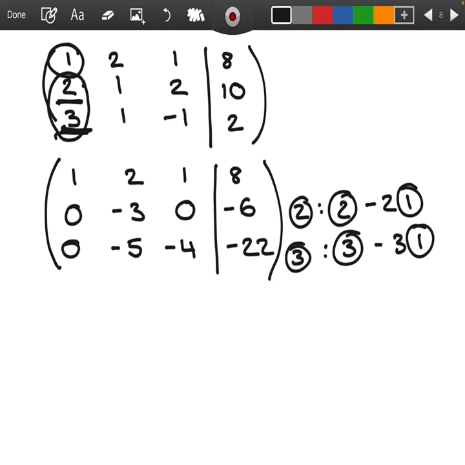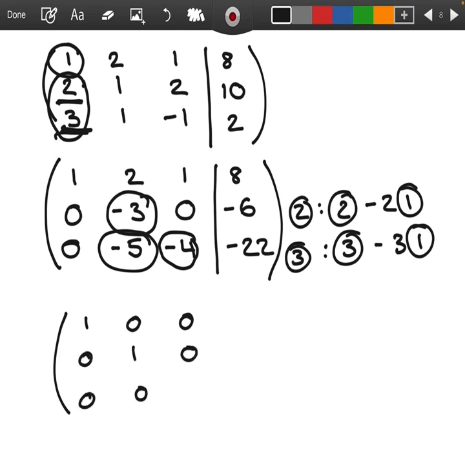Okay. You go ahead and do the same thing again. I now want my second variable in my second equation to have a coefficient of 1. That means that this term here, I would like that to be a 1. I'm then going to eliminate, or make 0, everything below that 1. So I would then eliminate this term here and make it a 0. Then once I've done all of that, I make this entry here into a 1 by dividing my row through by a particular number, whatever it's going to end up being. So you're going to do exactly to the rows what you did to each of our equations. And at the end of the day, you should end up with